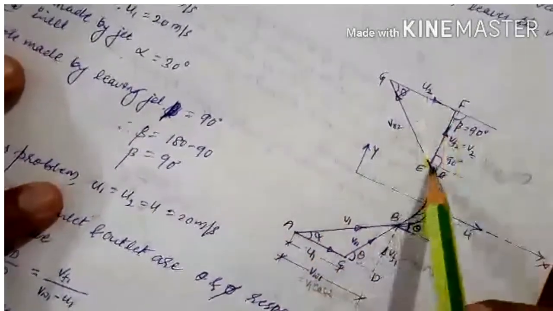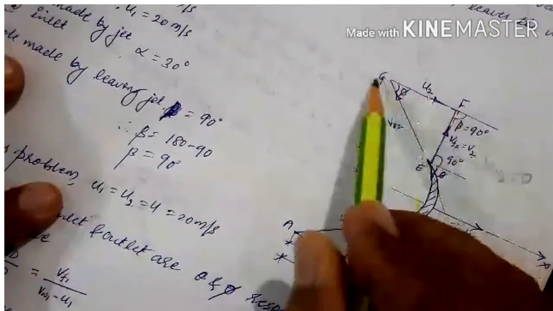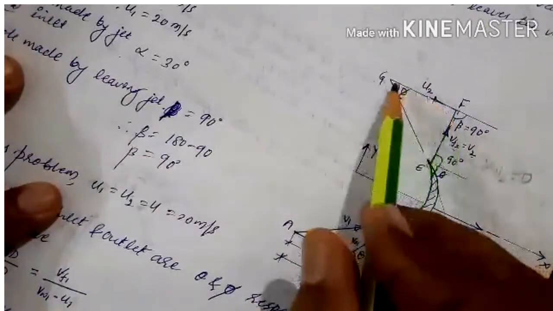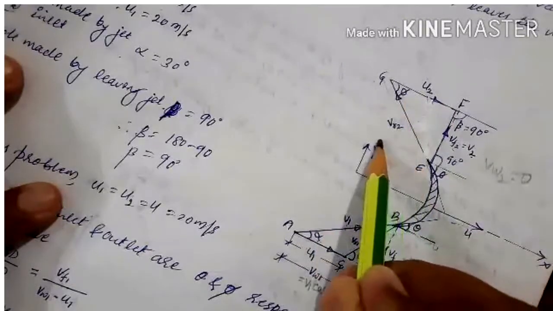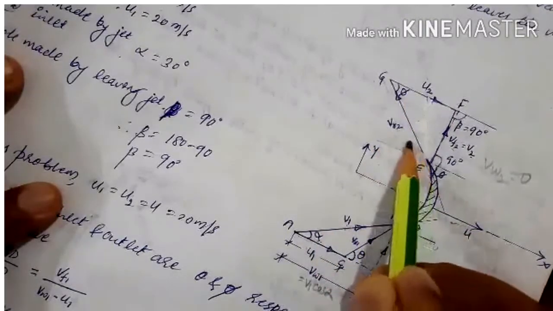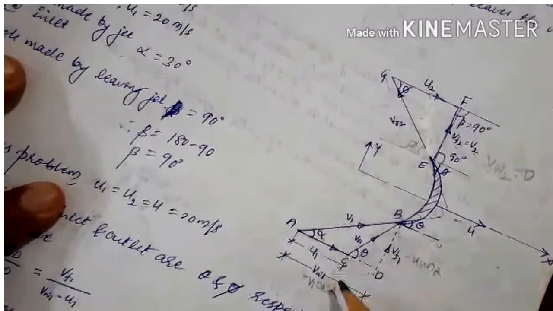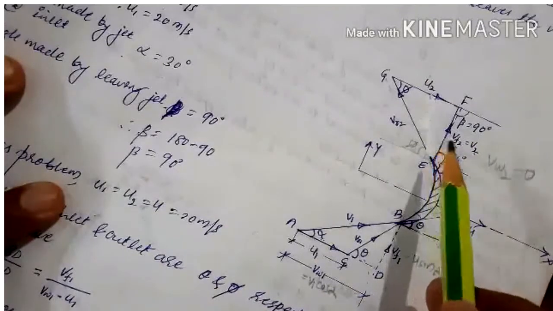This is u2, then this is the vr2, then this triangle EFG is a 90-degree triangle, that is a right angle triangle, and this angle is pi, this also pi. Okay, then once we construct the inlet as well as outlet velocity triangle, it depends upon